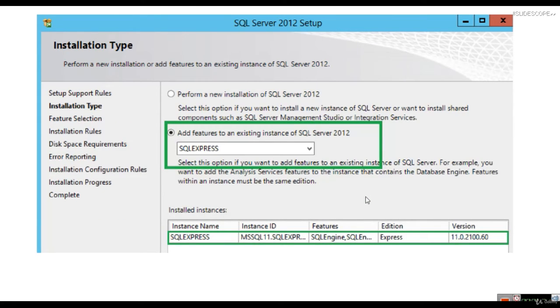This is an important window. In this window, you can either perform a new installation, or because you have an existing instance of SQL Server 2012, you can add features to it. You can select SQL Express, and then you will see the installed instances here also. This is from the previous software that we installed, SQL Server 2012 Express.